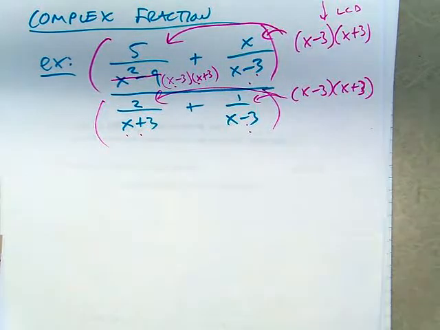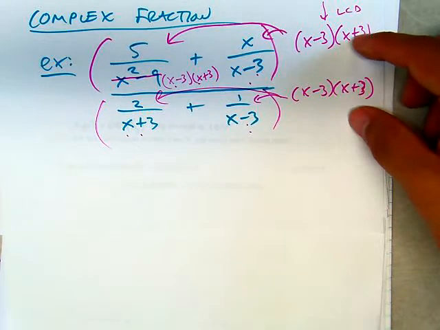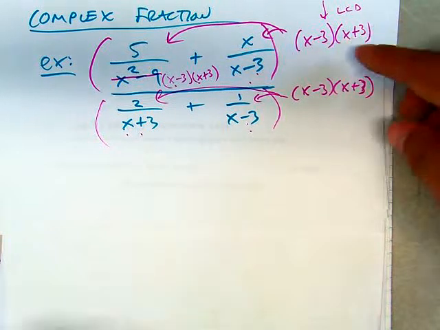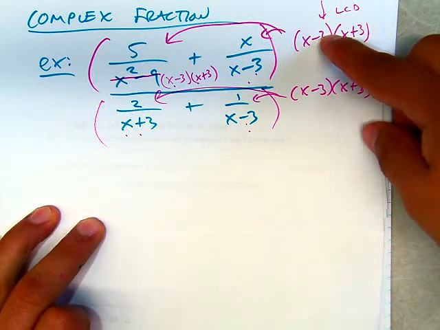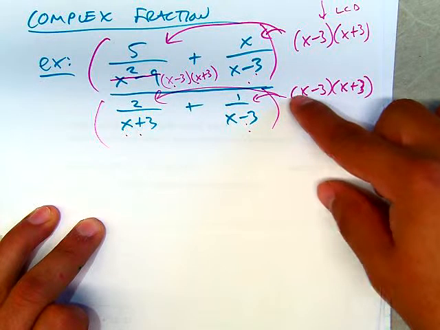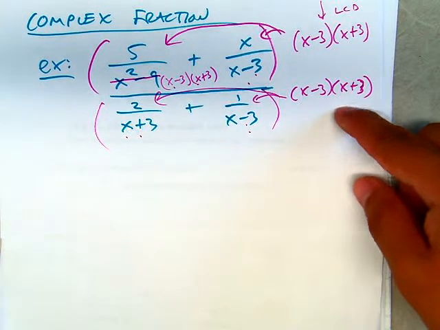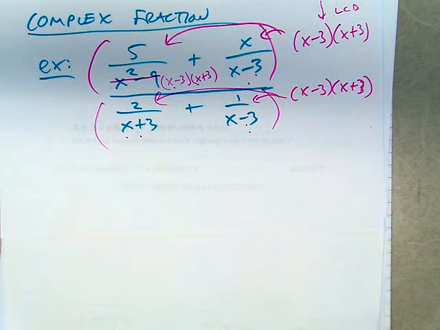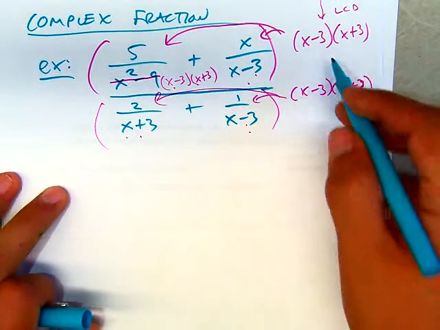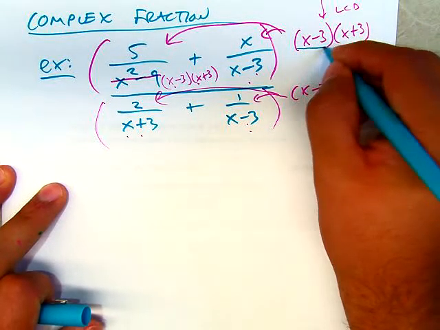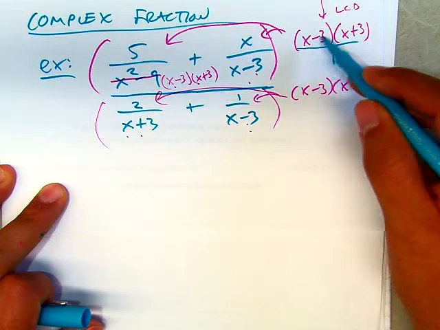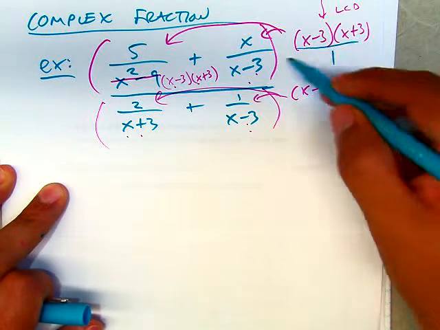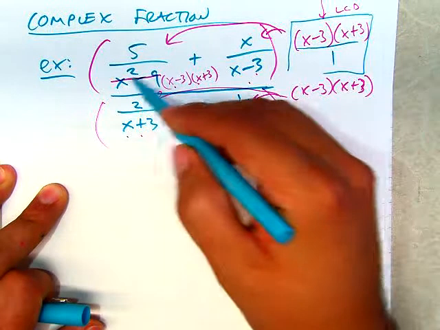So as weird as this looks, technically we're multiplying by 1, because you're taking a numerator and multiplying it by that, taking a denominator and multiplying it by the same thing. So it'd be like saying, let's take a fraction and multiply by 2 over 2 or 3 over 3. So it doesn't change the fraction, it just makes it look different. Okay, so now the point of doing this, if you try to visualize x minus 3, x plus 3 over 1, so this times this fraction,